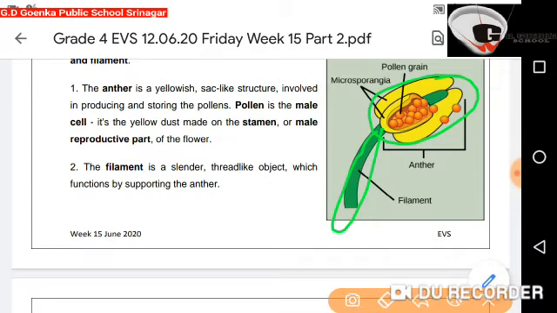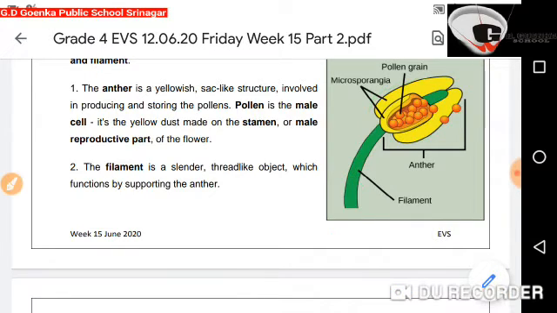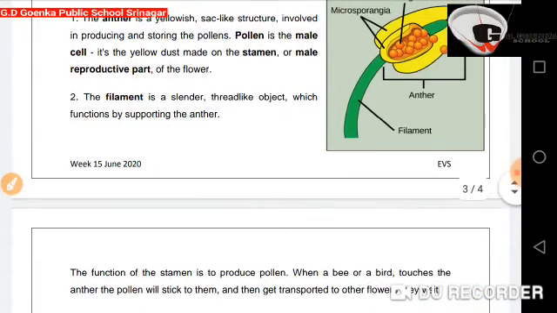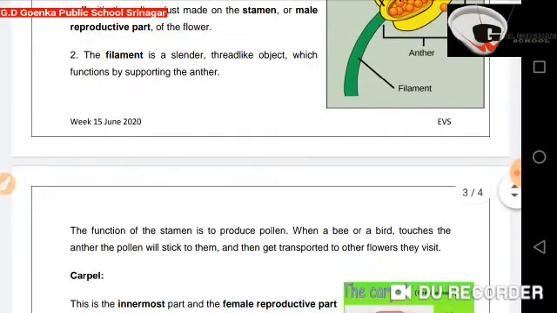Anther is yellowish sac-like structure involved in producing and storing the pollens. Pollen is the male cell. It's the yellow dust made on the stamen or male reproductive part of the flower. The filament is a slender thread-like object which functions by supporting the anther. The function of stamen is to produce pollen. When a bee or bird touches the anther, the pollen will stick to them and then get transported to other